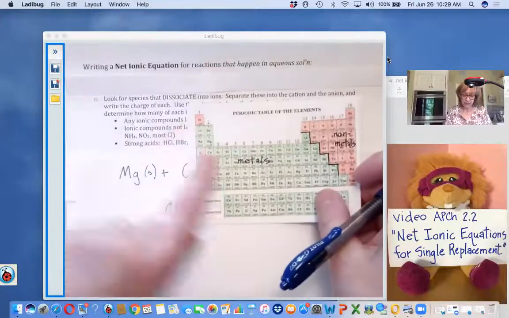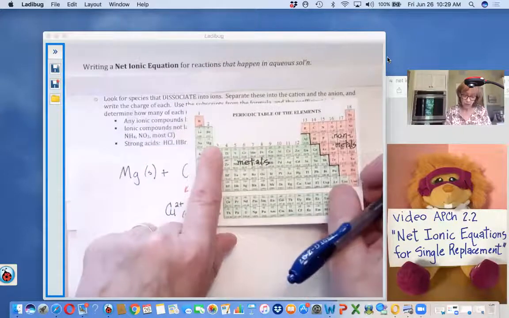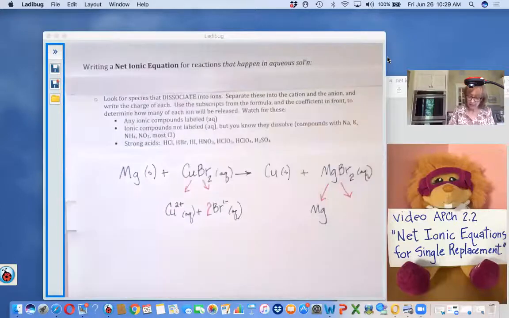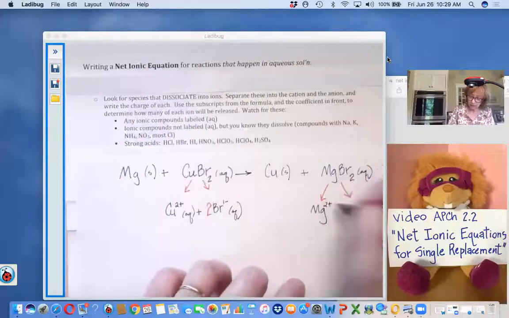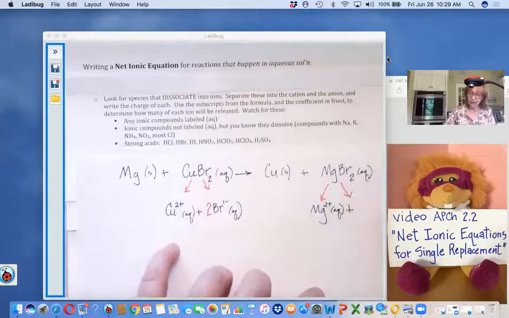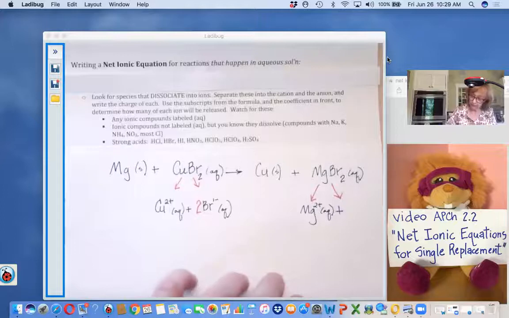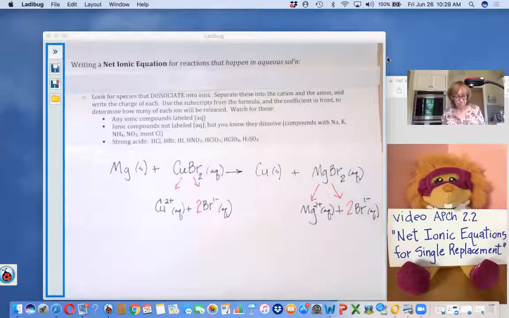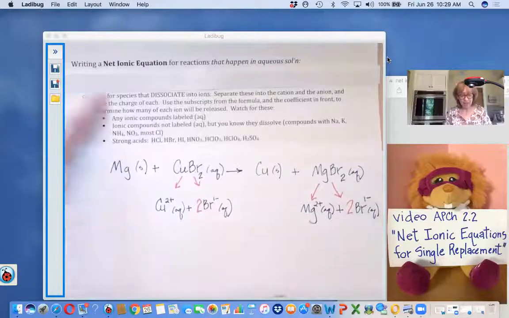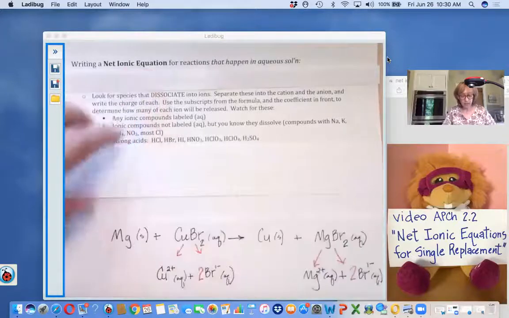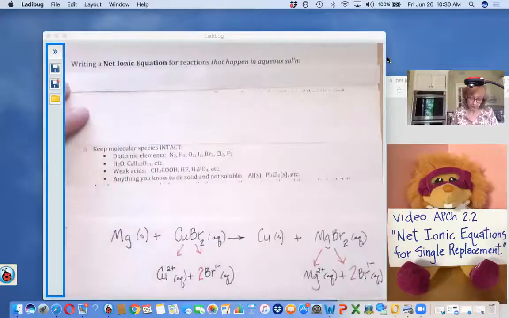Referring to the periodic table, magnesium in column 2A would have a 2+ charge as an ion, and I'm going to have these two individual bromide anions, each of which has a -1 charge. Okay, now the next step in writing a net ionic equation is to look for any molecular species which need